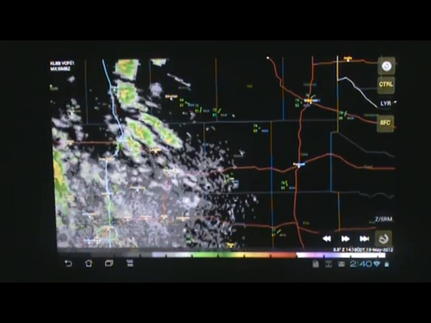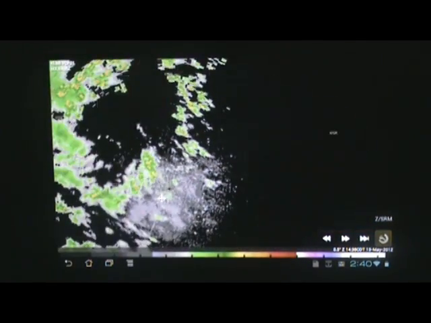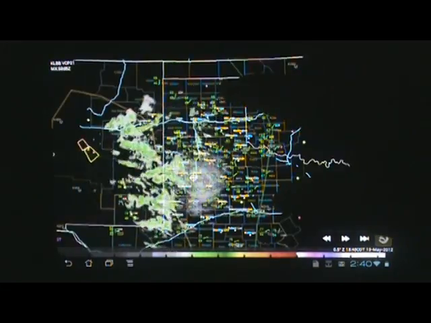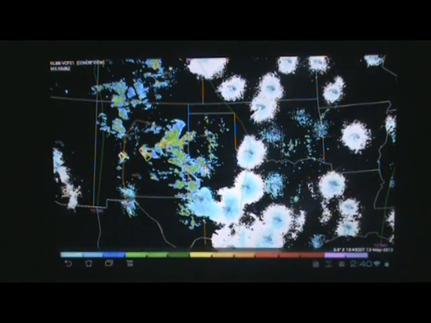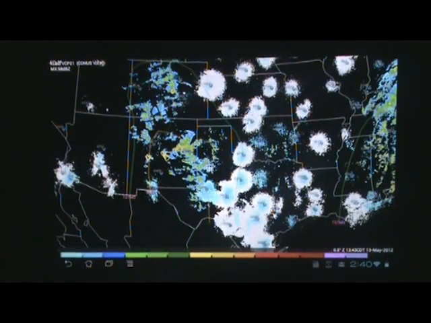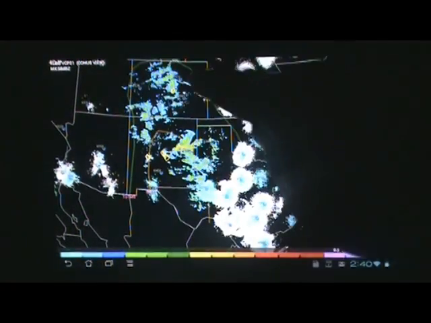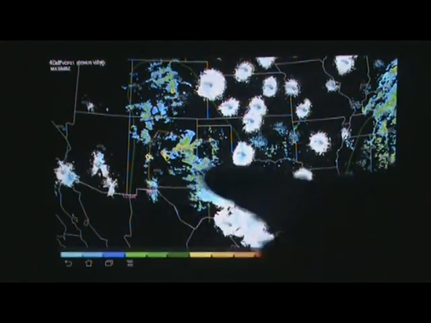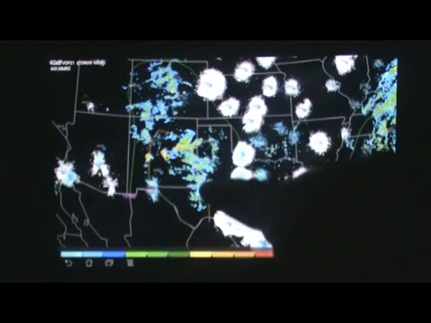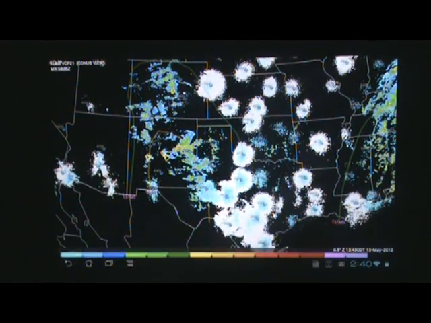Another unique feature of the program is the ability to zoom out and go into a continental US mode, where we can take a look at watches, warnings, and I even have some of the third-party overlays displayed at this time. You can see the line for general thunderstorms through here, and a line for slight risk of severe thunderstorms through here. And as we can see here in central New Mexico, we actually do have some severe thunderstorm warnings